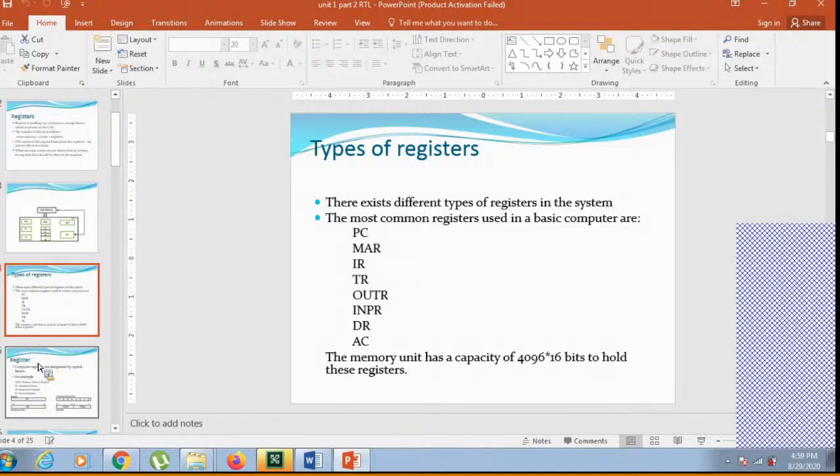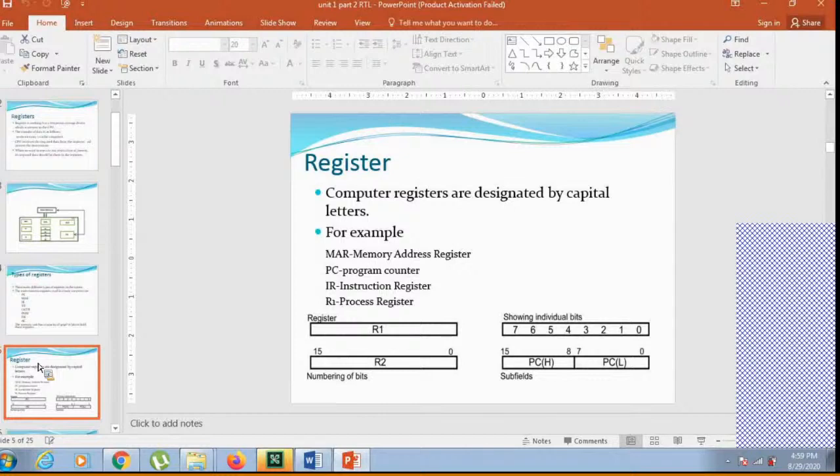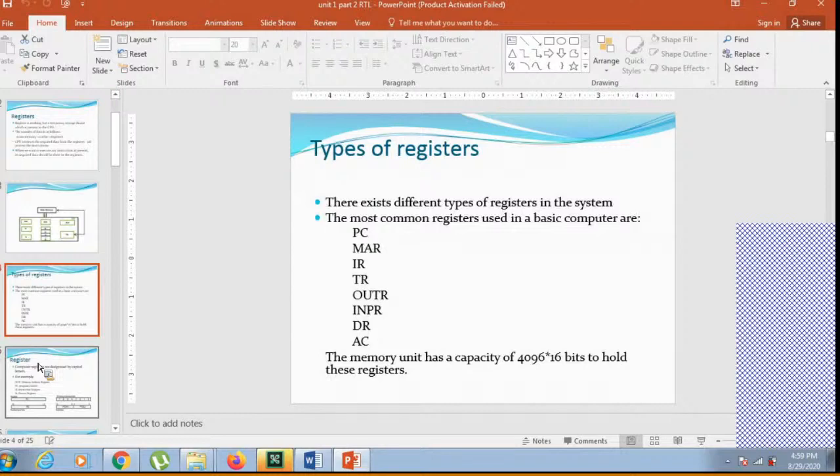If the register is something like a program counter, I'll simply use the capital letters P for program, C for counter. PC is the name of one register. MAR, capital M, capital A, capital R, or the